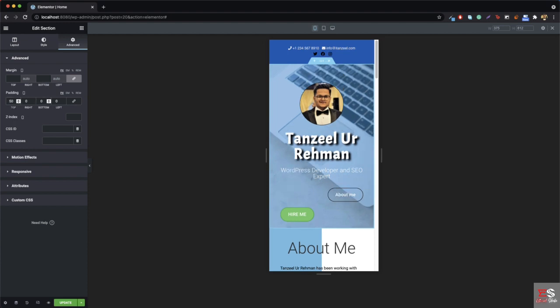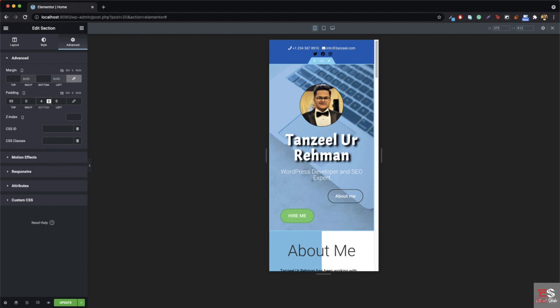So we will say we need to give 50. 50 seems fine to me, or we will just set this to 55. All right, and at the bottom, we will just give some on the bottom as well, like 3, 4, 5 pixels. That's it. Now, if you go ahead and hit update,